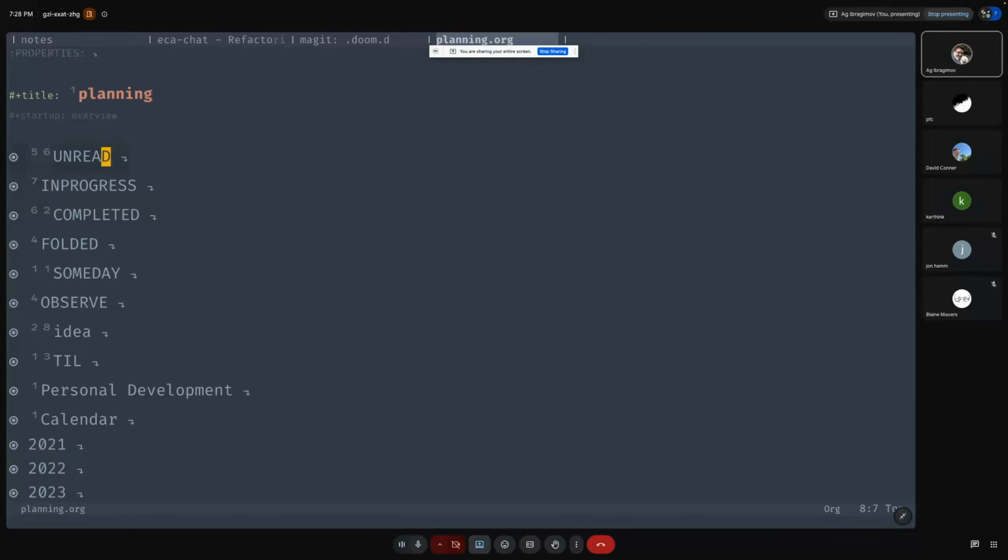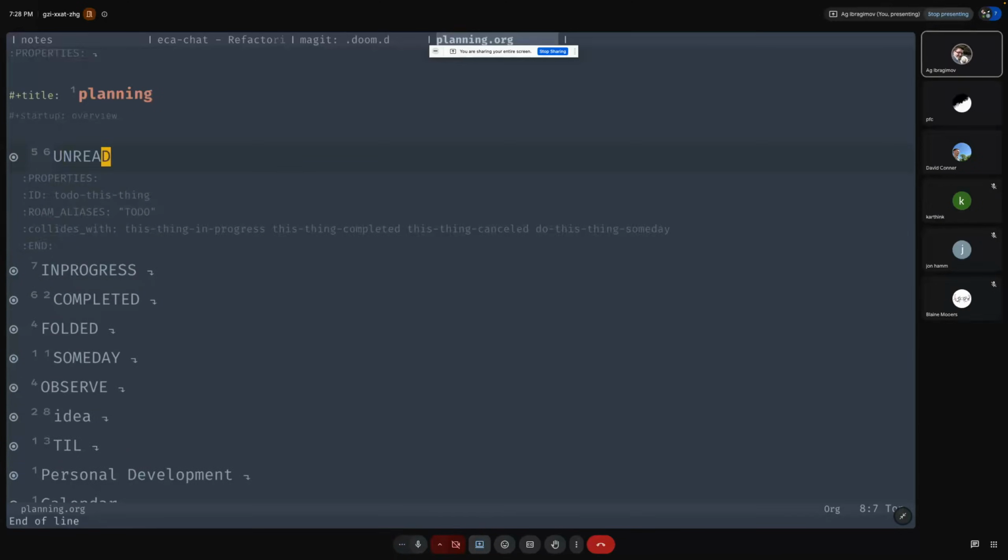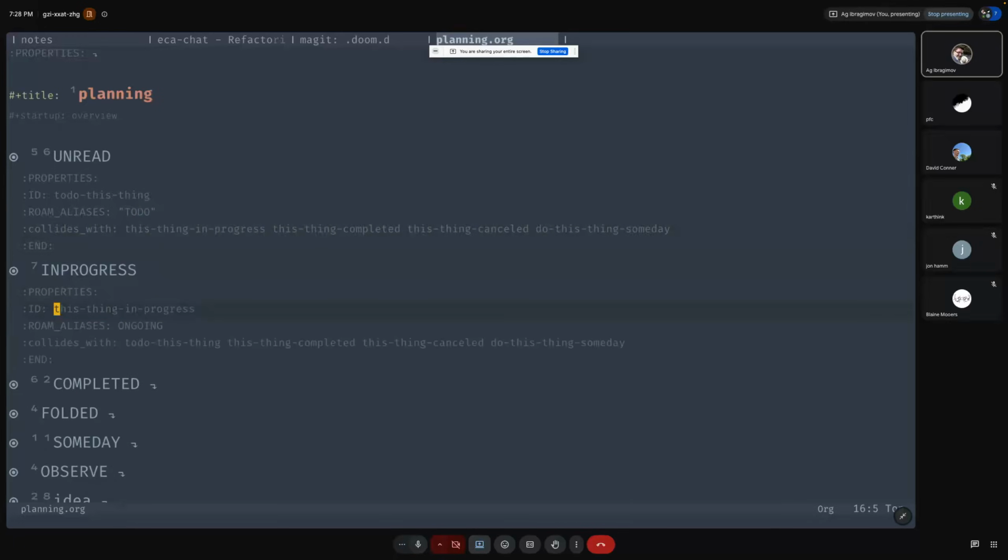Okay. So you see, I have unread, and it's showing 56 related, the backlinks on this one. The numbers are shown in superscript, and I never fixed that, so it collides with this thing, in progress, which is just an ID for in-progress things. So if I have a to-do on an item,